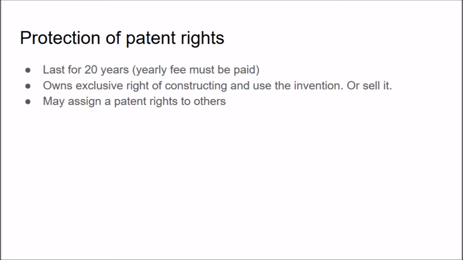After obtaining a patent, there are a few rights and rules you have as an owner. Patents last only 20 years. This period starts on the first day of registration, and after that your ideas are open to the public. Also, a yearly fee must be paid for the ownership of your patent. As the owner of the patent, it is up to you to decide how your invention is to be used. You may sell it, you can assign the patent rights to others, or you can do nothing with it. The choice is up to you because you own the exclusive rights.